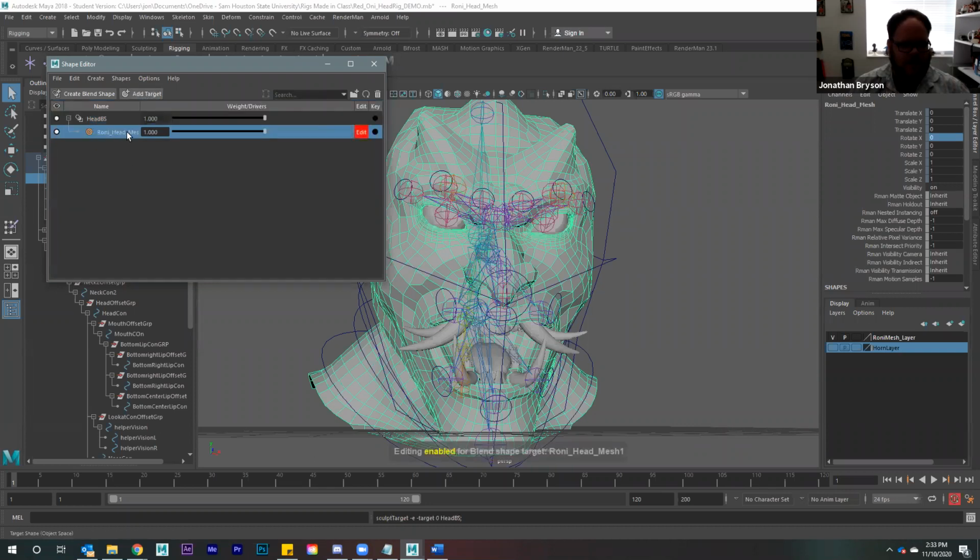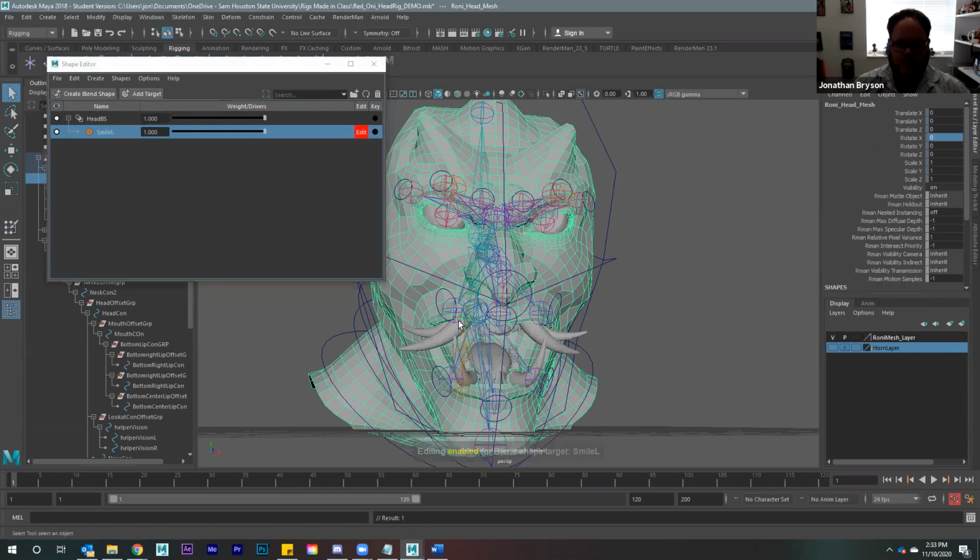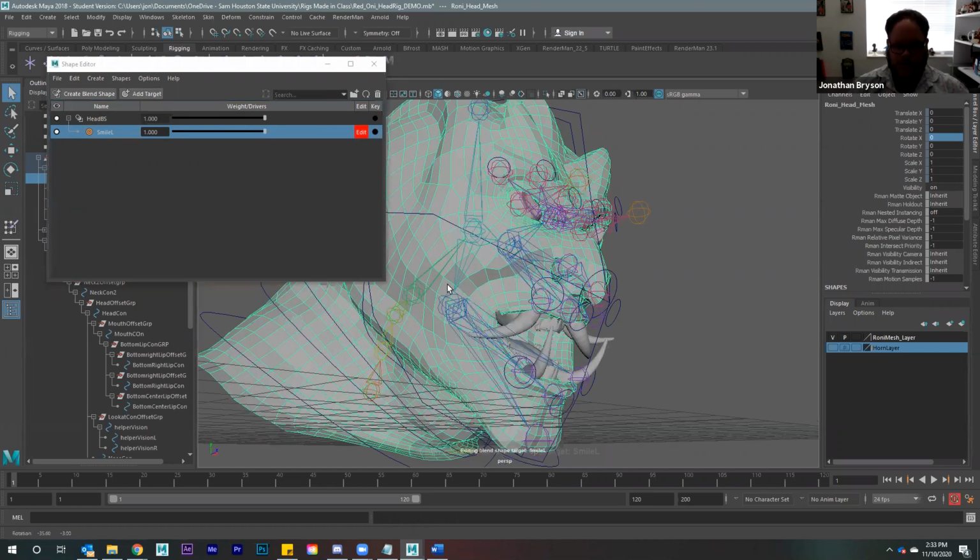Okay. So everything's going to exist under head BS here, and we're going to add a new target. It comes in under here, and it has a name. We can name it smile L, and we can activate it. And then we have this little red button that says edit. When it's red, edit is turned on, which means we can change the shape,